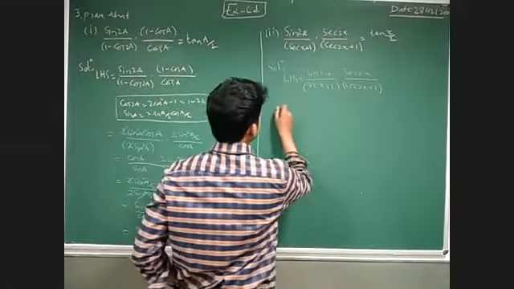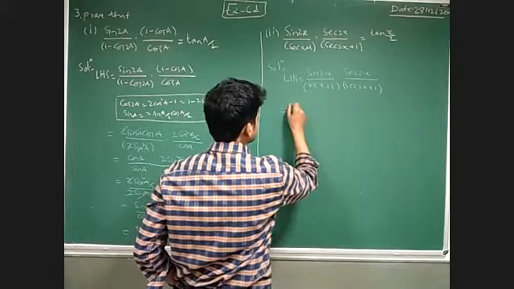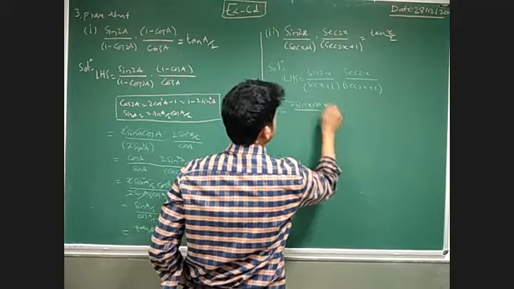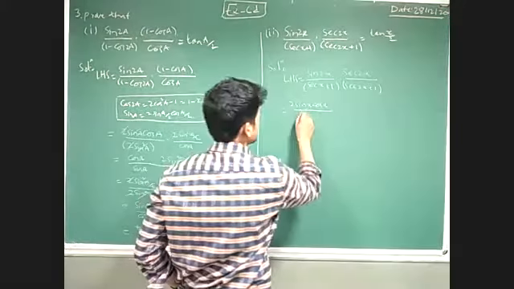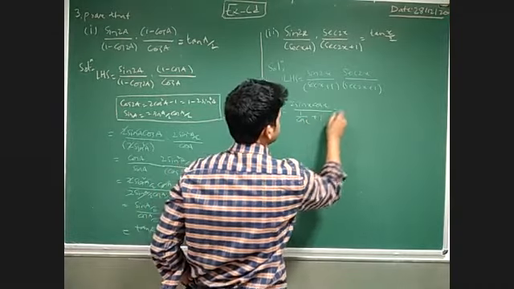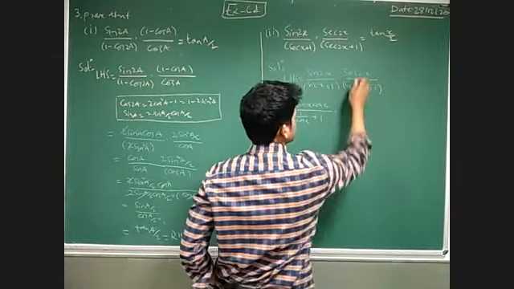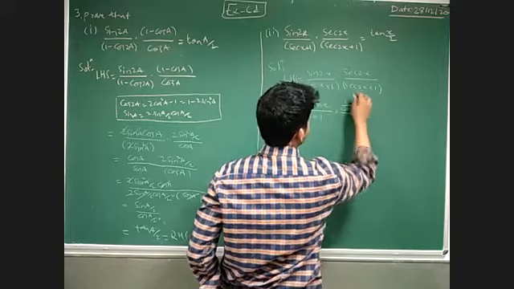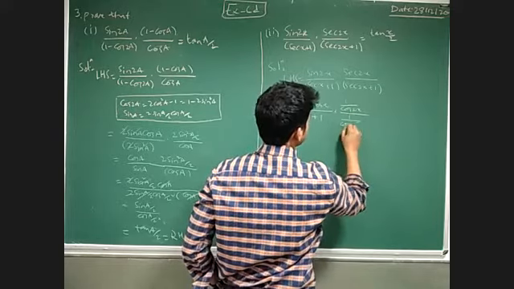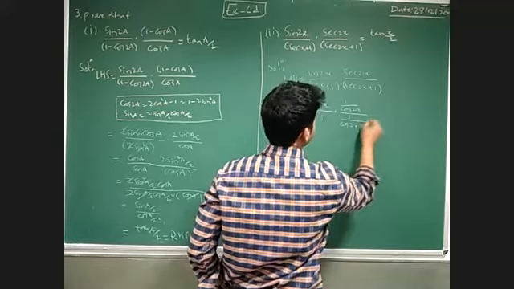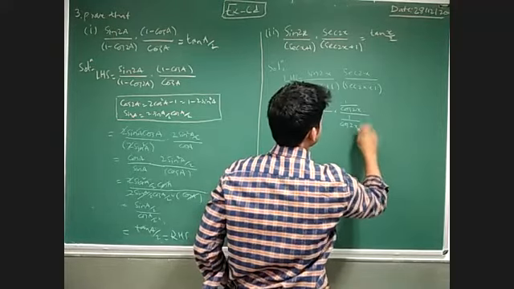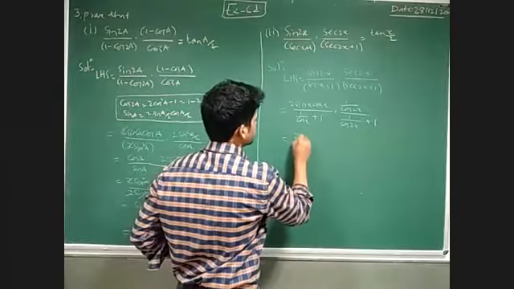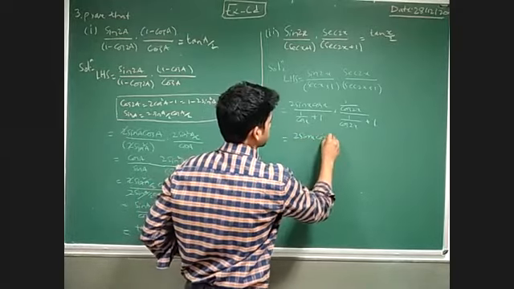Okay, now let's see here, I know the formula of sine 2x, that is nothing but 2 sine x cos x, and I know the reciprocal of sec x, that is nothing but cos x plus 1 into, and reciprocal of sec is nothing but 1 by cos 2x. Reciprocal of cos x is nothing but, sorry, cos 2x plus 1. Okay, now see here, 2 sine x cos x.